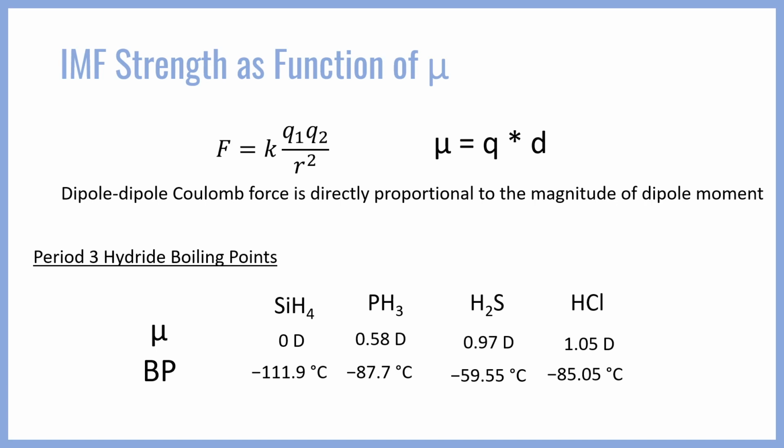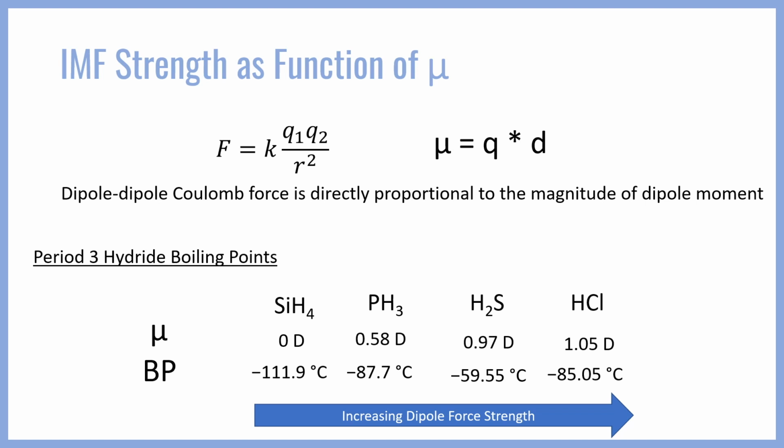Moving towards phosphine, PH3, we see a polar molecule now at 0.58 debye and a higher boiling point at -87.7 degrees Celsius. At hydrogen sulfide, H2S, we see a more polar molecule still at 0.97 debye, and again the boiling point increases to -59 degrees. So it appears that indeed the dipole force strength and the boiling point does tend to increase with dipole moment